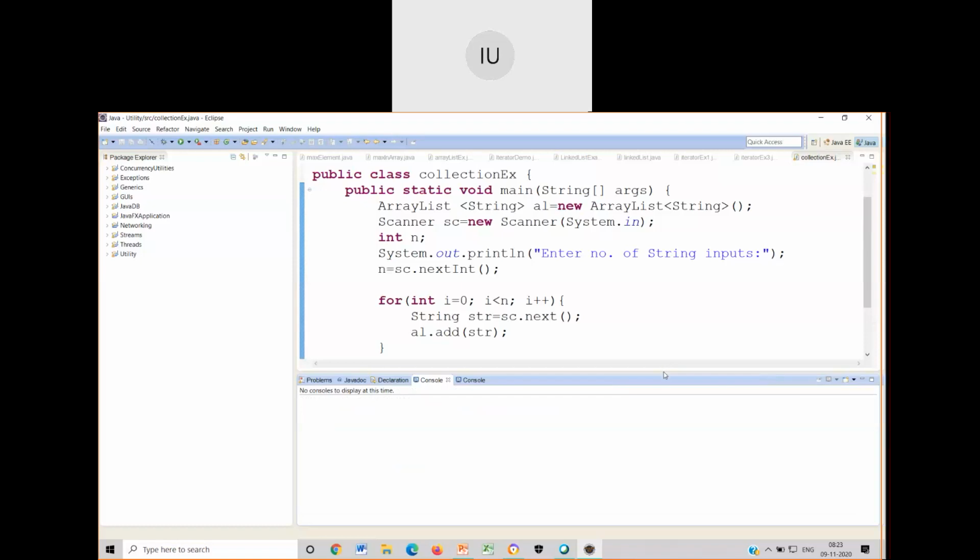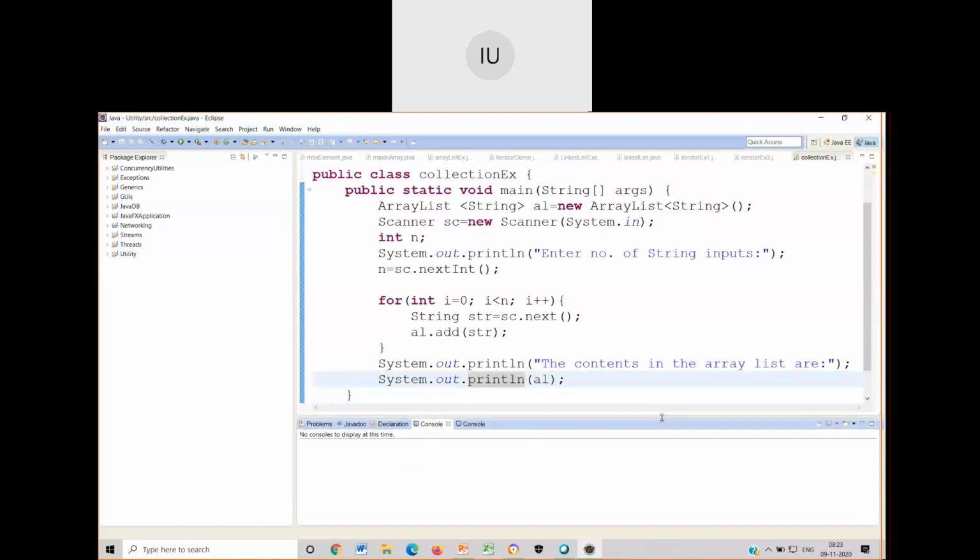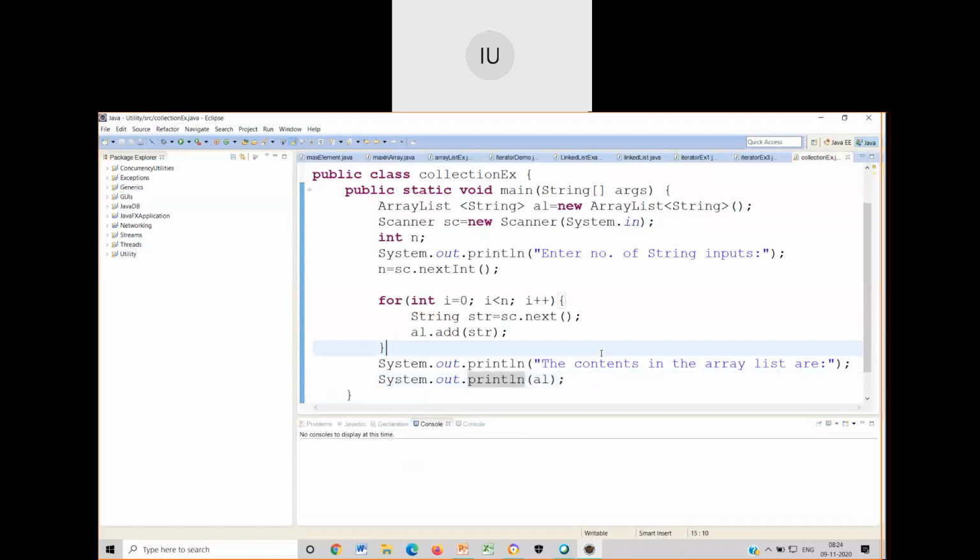Accordingly, any kind of collection class that you take will work like this only. Look at this line of code. Have I used any kind of for loop? Just imagine the situation where we used to write such a lengthy procedure to print all the elements in the linked list.